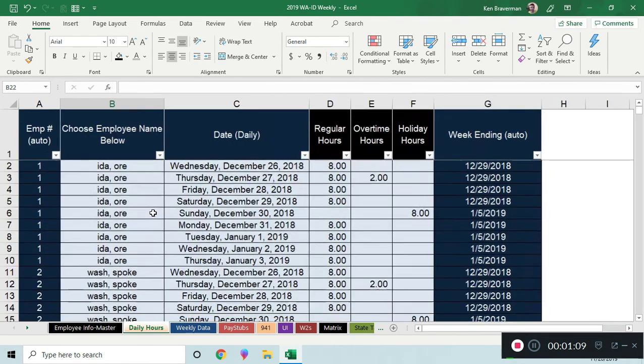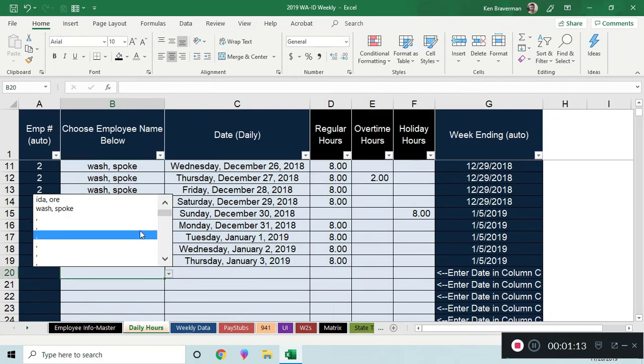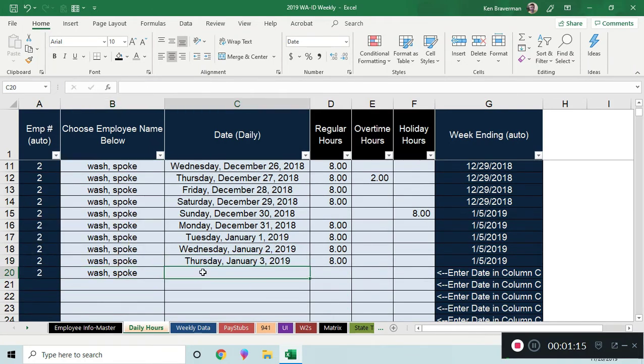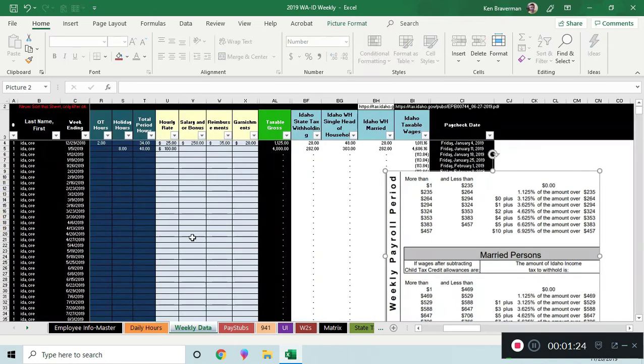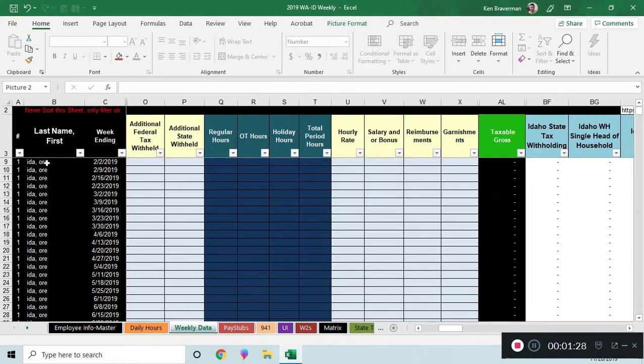Then you go to an hour sheet over here and you can choose their name from a drop-down menu like this, and you can put whatever day it is and however many hours or overtime hours or holiday hours they had for that day. All that stuff's going to carry through and come through onto this weekly data sheet that has all the records